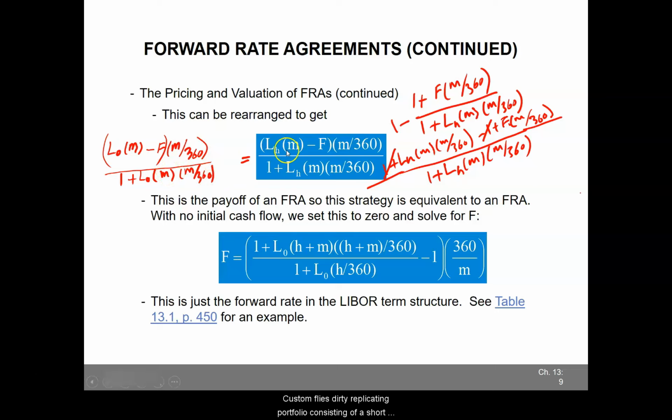This implies that the replicating portfolio consisting of a short and long euro-dollar position is equivalent to the payoff from an FRA. This is exactly the same expression we used in our numerical example, with the exception that we are not putting in numbers and also have excluded the notional principal. For the derivation of the fixed rate, that is the FRA rate,